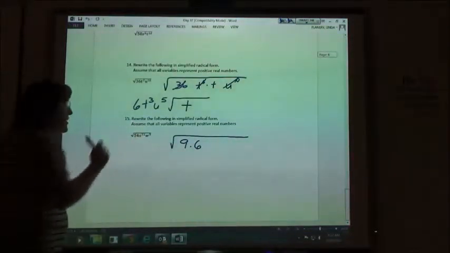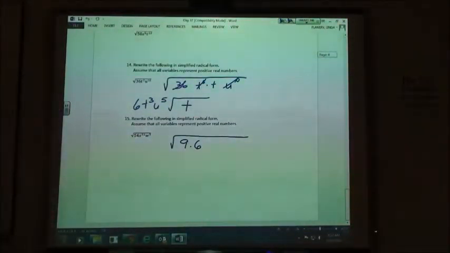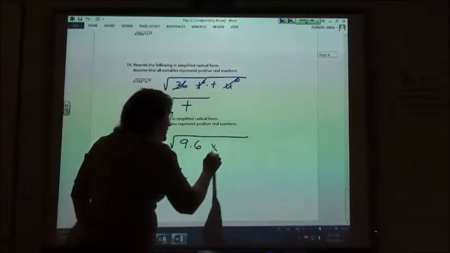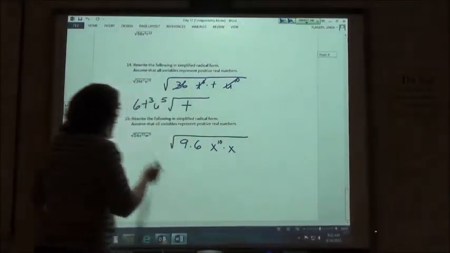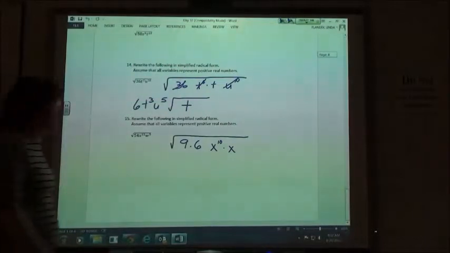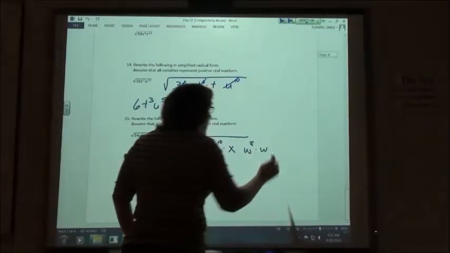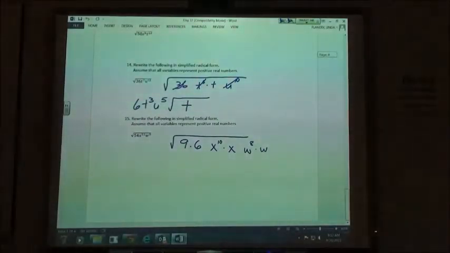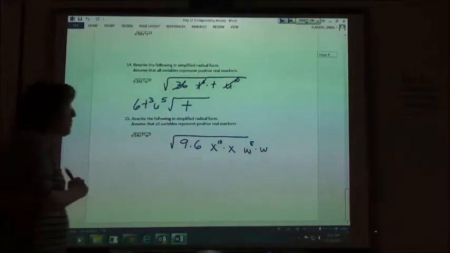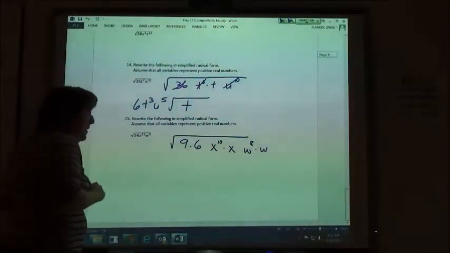Then we have x to the 11th. How would we want to redo that one? X to the 10th times an x. And then we have w to the 9th. W to the 8th times w. So whenever they're odd, you're going to just take one out, and then you've got some perfect squares. So taking out our perfect squares, we can do